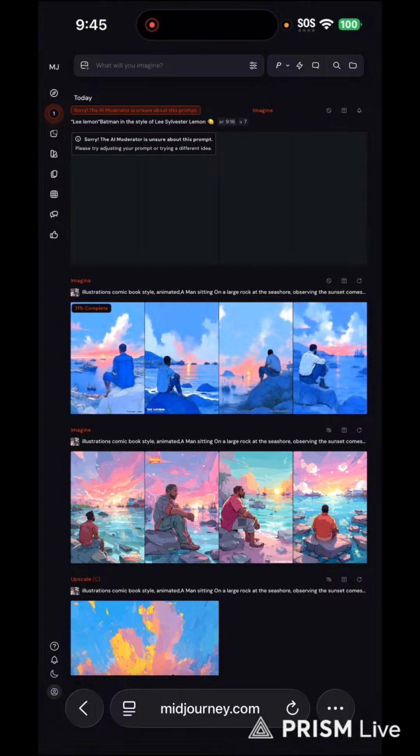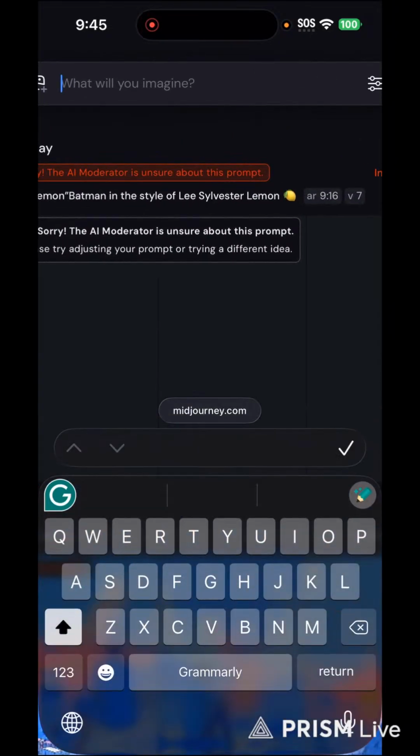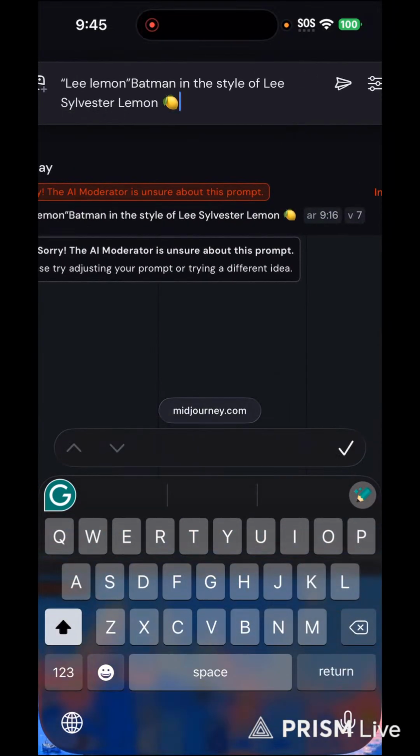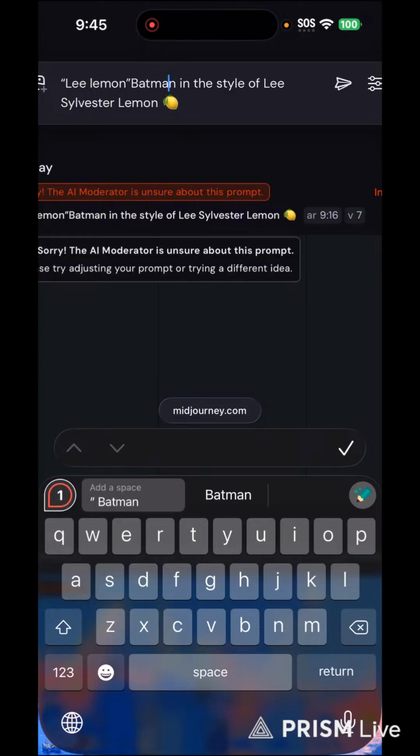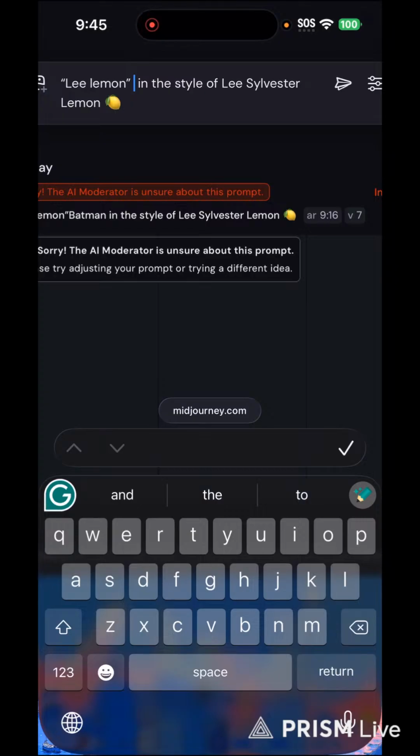So let's see something. I don't think you're able to use certain words like Batman. So let's try a black woman. It may have something to do with a superhero. And Midjourney is very funny about superheroes now. Back then you were allowed to put superheroes. So let's see, can we put a black woman